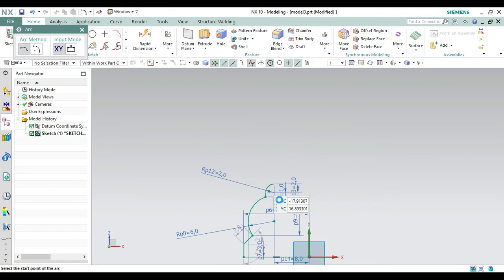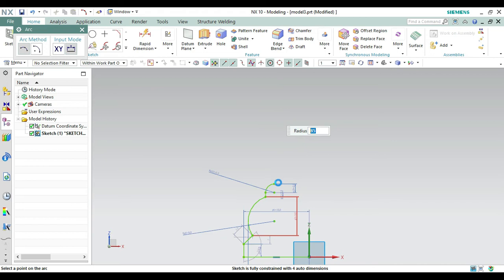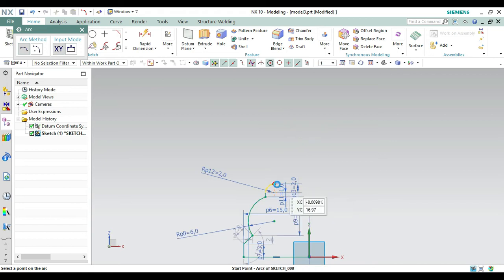So selecting this point, now taking this point and take any point here like this one. Let's make the radius of 85. We have to create the closer one. Let's cancel this and try again from here, taking this point and any point here, make the radius of 85 from here and take the closer one like this one.